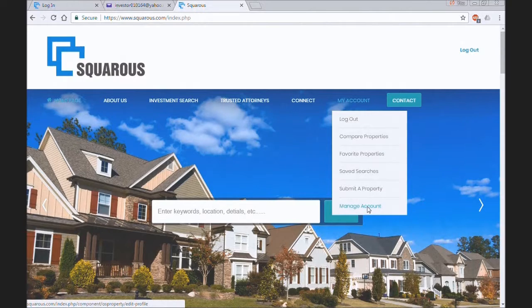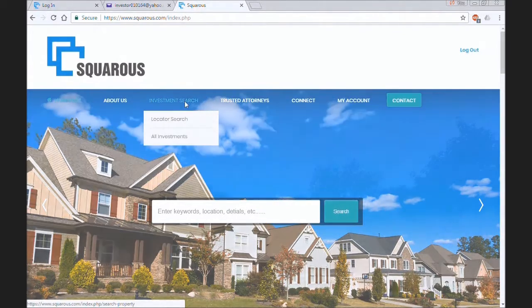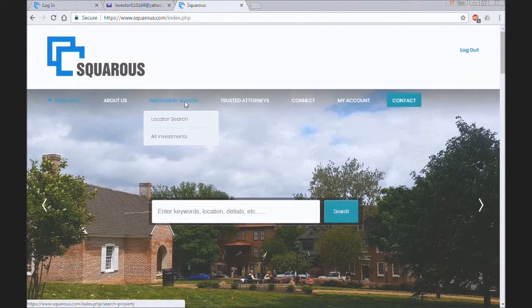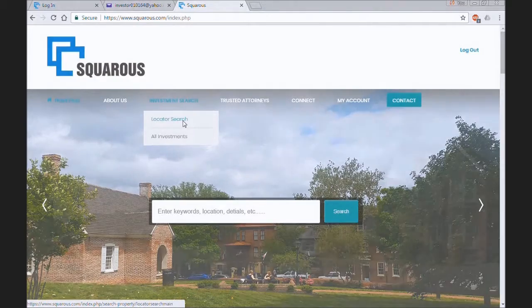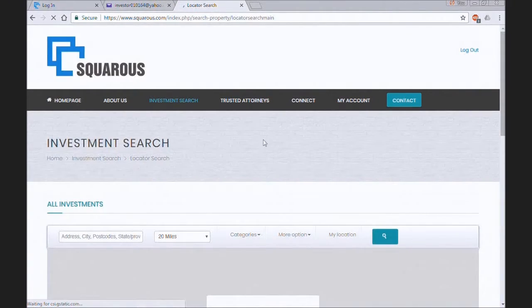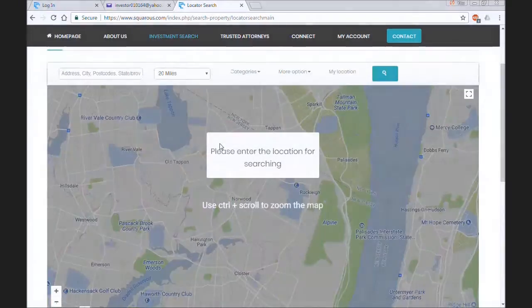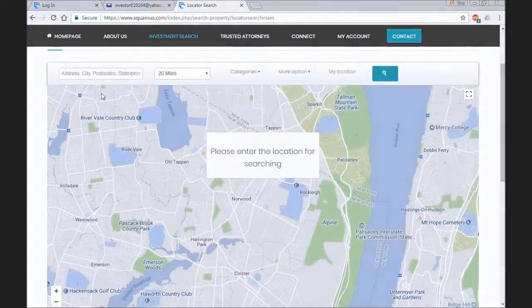But for now, let's go over to the Investment Search tab, and you'll see that there's two options under it. There's a button for Locator Search, and underneath that is All Investments. So let's click Locator Search for now. And when we do that, it'll take us to this page where you can search for properties by a map. So you can look for properties based on the address. You can determine how far you want to look out from those properties in miles, different categories and other options,